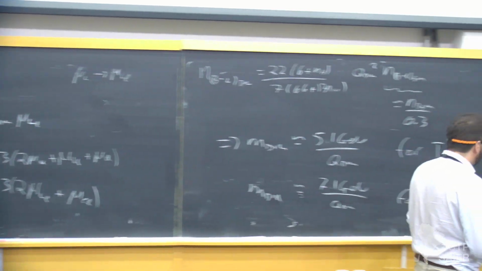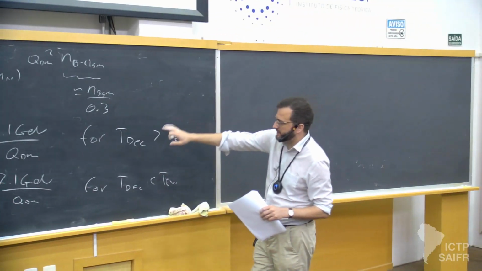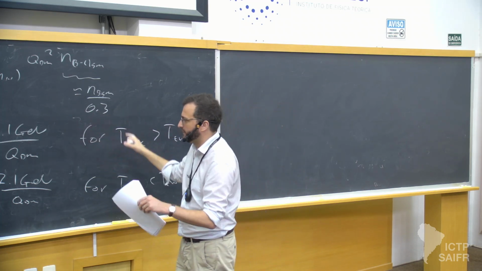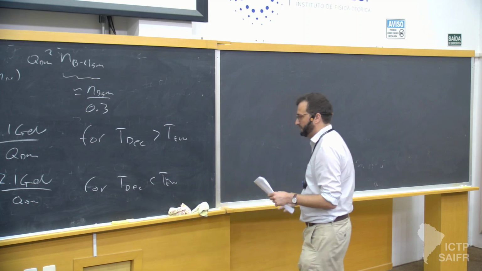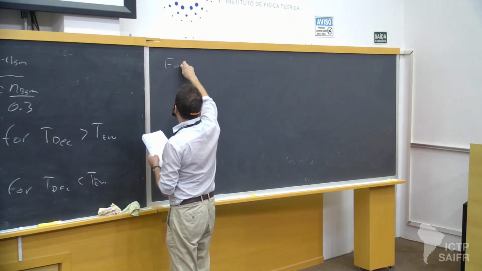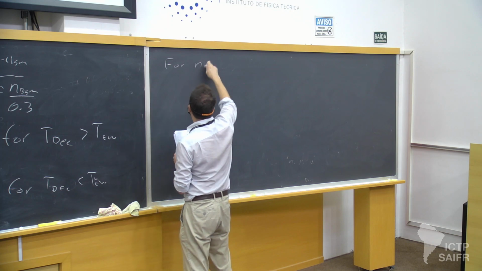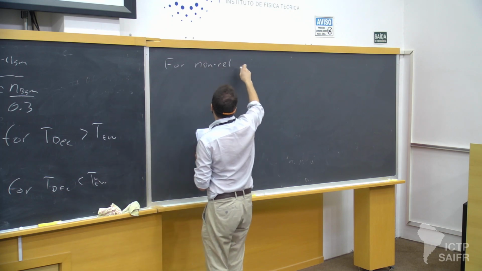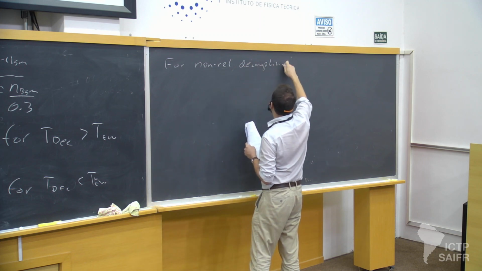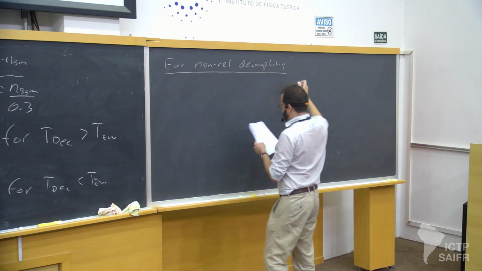And we assumed this decoupling occurred when all the particles, not just the Standard Model but the dark matter, were approximately massless. So now the opposite case, for non-relativistic decoupling, you can see, for example,